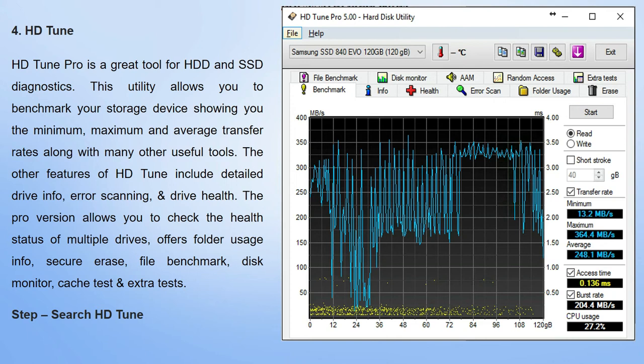The other features of SD Tune include detailed drive information, error scanning and drive health. The Pro version allows you to check the health status of multiple drives, offers folder usage info and secure erase, and file benchmark, your disk monitor, cache test and extra test.